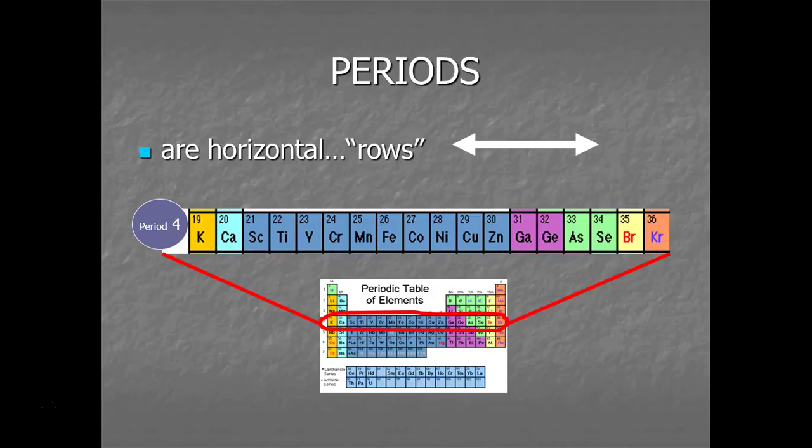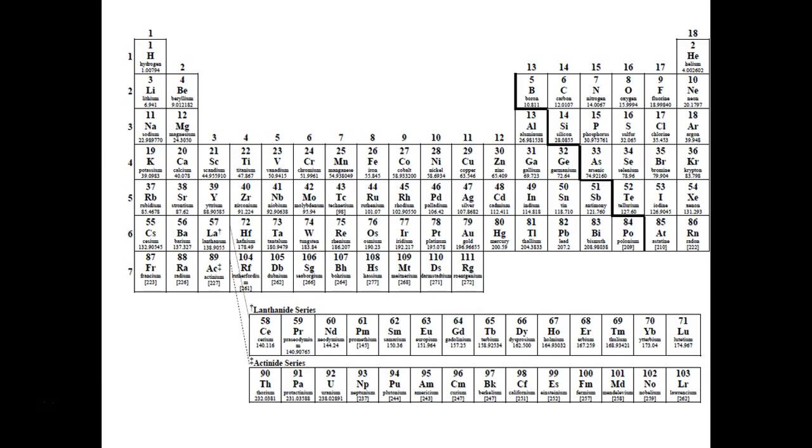Okay, now talking about the rows, the horizontal parts, those are called periods. All right, it's called a period, as I said, because the periodic table repeats itself every so often, right? And really, the patterns repeat themselves kind of every row. So every time you get to a new row, you're kind of restarting all the patterns that you see in the periodic table. And we'll talk about some of those patterns in a different PowerPoint, but that's why they're called that.